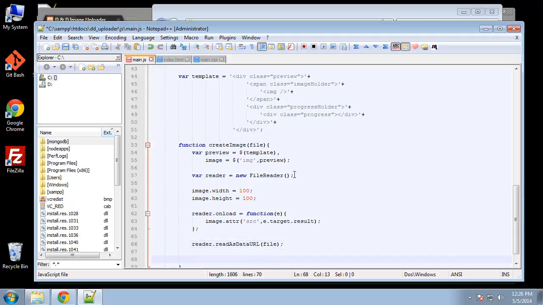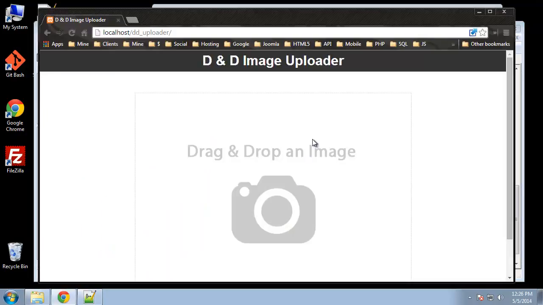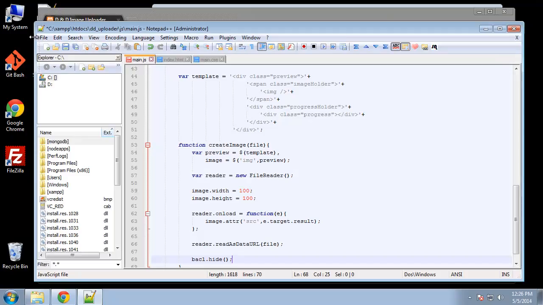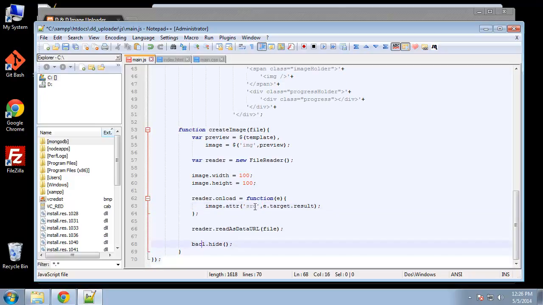And then what we want to do is we're going to say back.hide. Okay, so we're doing this because when we upload an image, we don't want this drag and drop and camera icon. We don't want that to show because that'll look all just messed up. And this should actually be a K. Okay, so we'll hide that, and then we're going to say preview.appendTo pickbox. All right, so we're going to add it to that pickbox div,